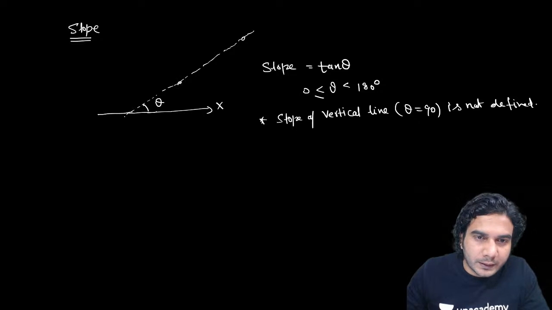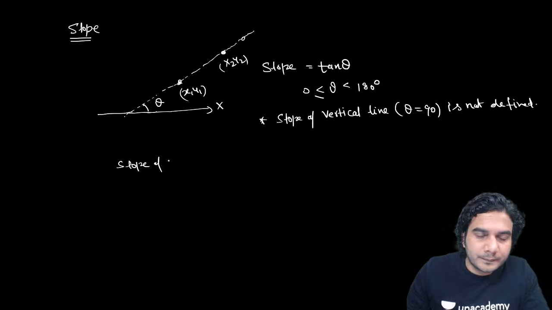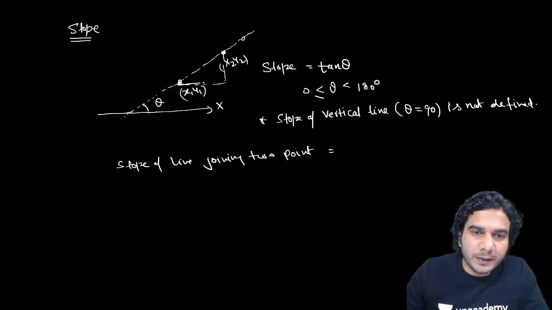Slope I haven't covered. Now slope of line joining 2 points. It will be done very fast. Slope of line joining 2 points is basically y2 minus y1. If you make this triangle, you can see that in this triangle, this length is y2 minus y1 and horizontal